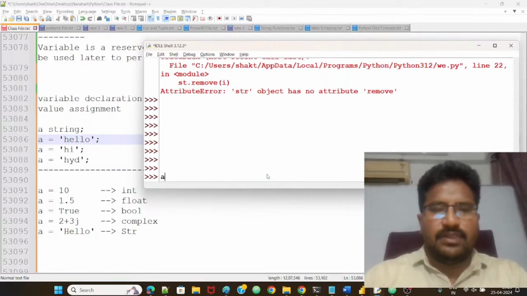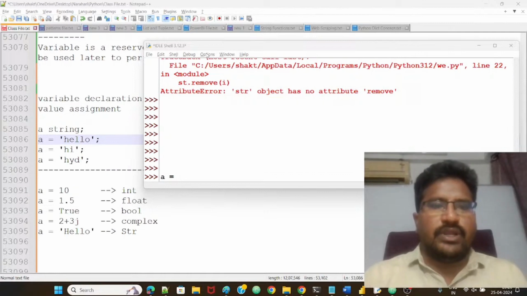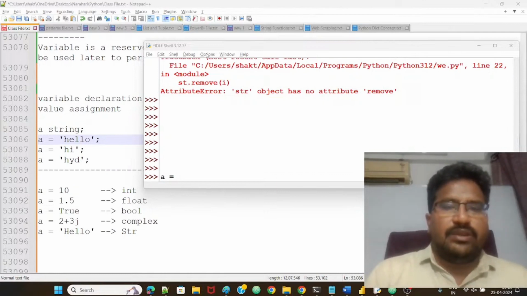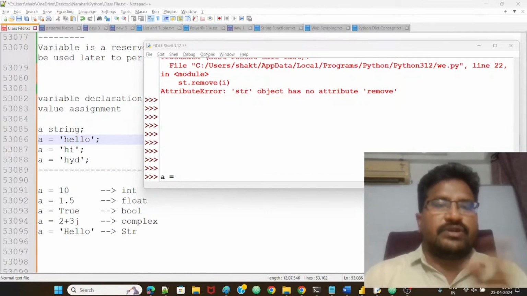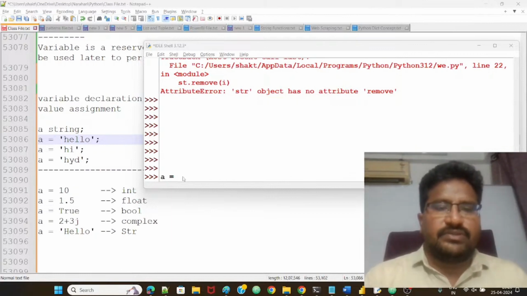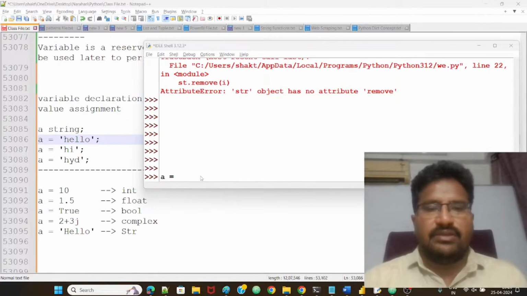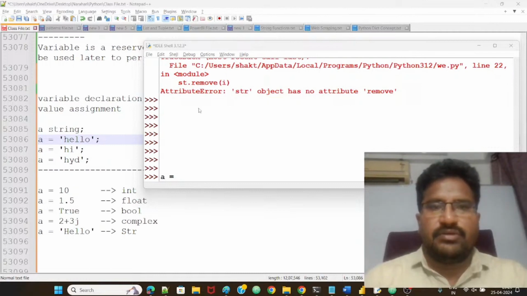Right, now observe here. I am taking the variable A. What do I do? I take the same variable with different values, guys. So I am going to give now